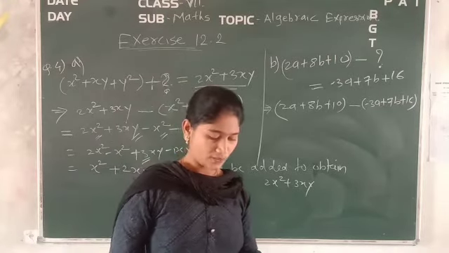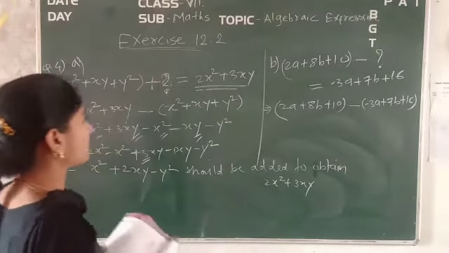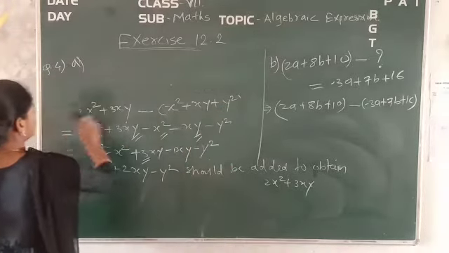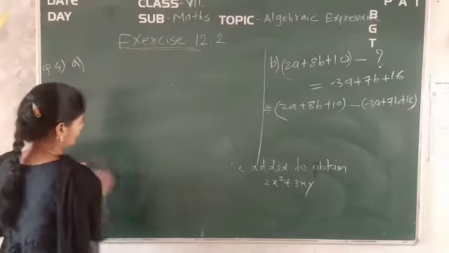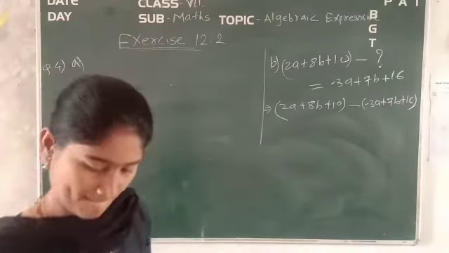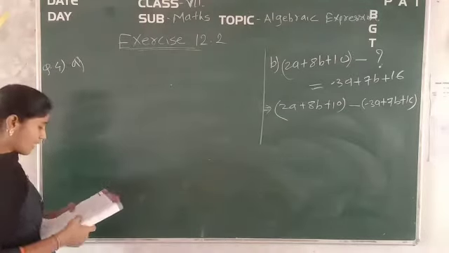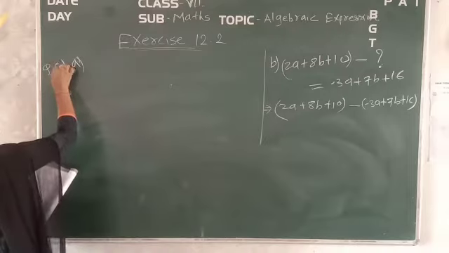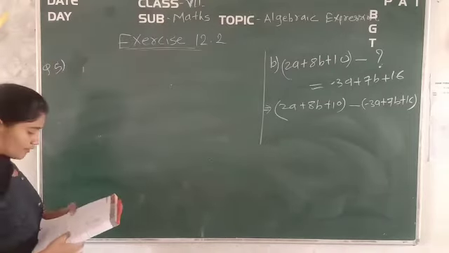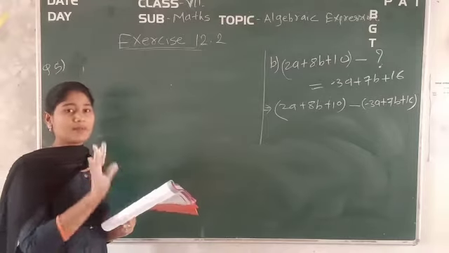Question number 5 it is going like that. What should be taken from? मैं आपको starting initial बता दूंगी सबके. Okay, in that way you have to solve the question. Now see, in the question number 5 you have been given, what should be taken away? What should be taken away from the same number?